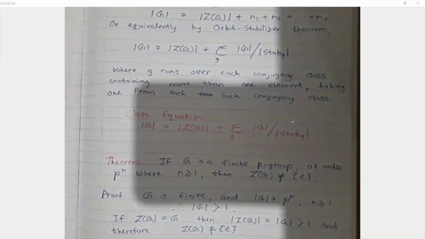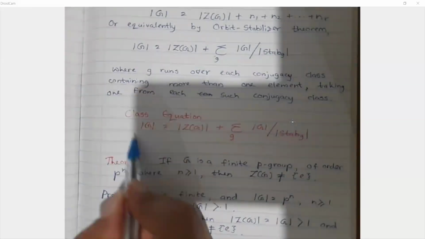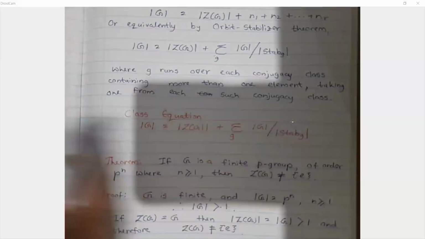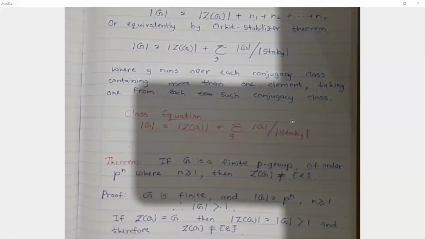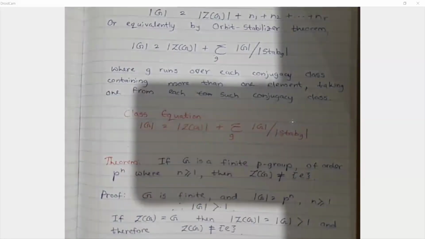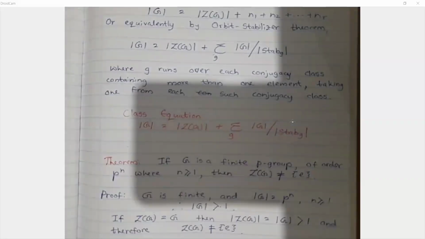So all in all, we see that this side is divisible by p, this summation is divisible by p. So take it to the other side, the difference is divisible by p. What does it say? It says that the order of the center must be divisible by p, right? So we write